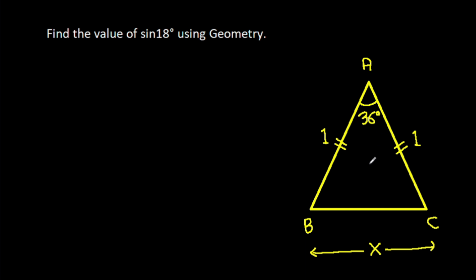and now from point A, if we make a perpendicular on BC, suppose this point is M, then these two angles, they will be equal and 18 degrees, and also BM, it will be equal to CM, that will be X over 2,